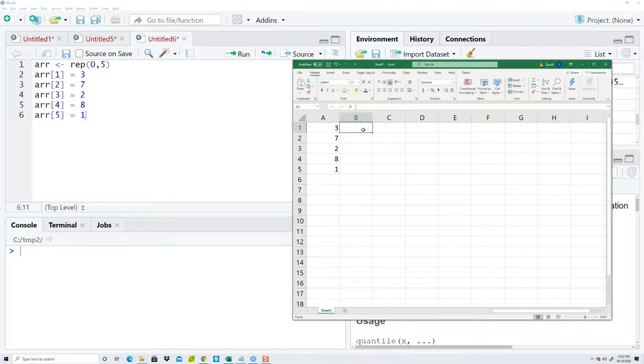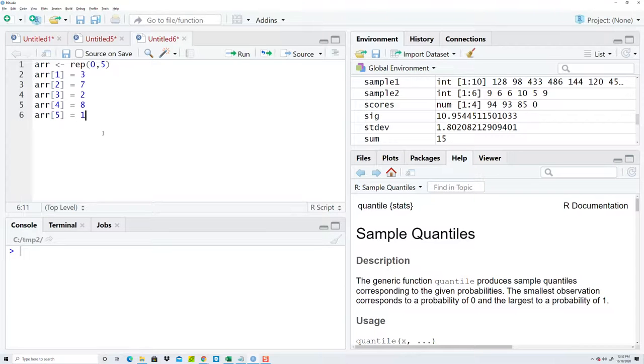So this would be, for example, ARR1, ARR2, ARR3, ARR4, and ARR5. So we just assign values to those. Now you can print out